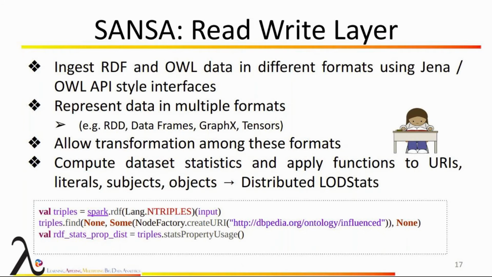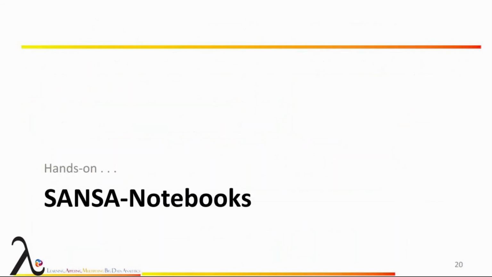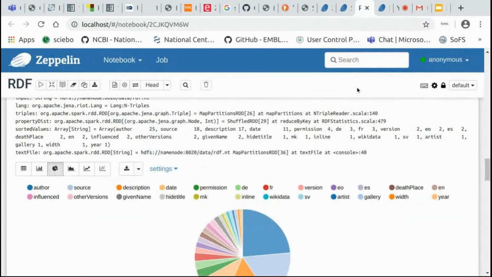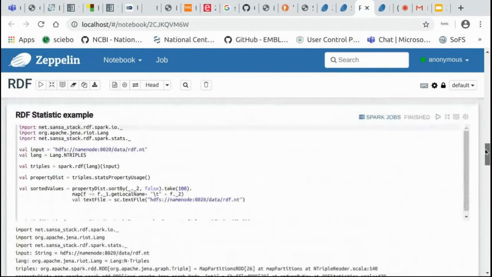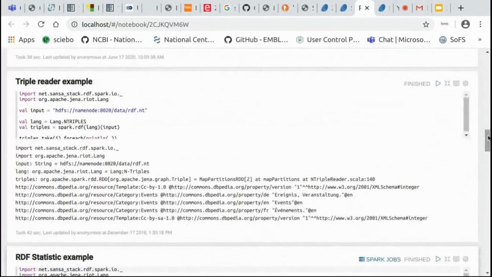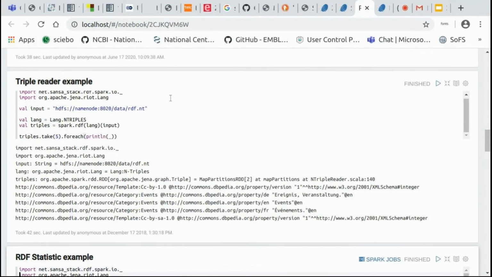So maybe we can go directly in the notebook and have a glimpse of what is available there. So yeah, on the F layer. Typically, maybe we can go for the triple reader example. All those examples are already provided directly with the notebook. So if you launch the command for launching the notebooks, you will have all those examples out of the box.